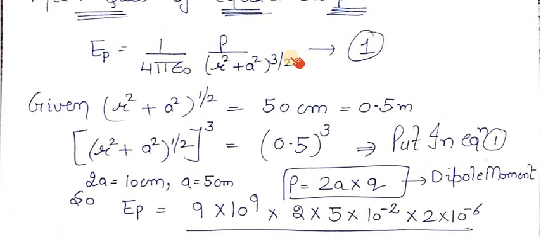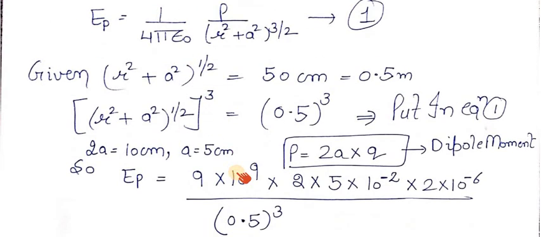Now apply the formula, that is the formula for the equatorial point. 1 by 4 pi epsilon naught is what? That is 9 into 10 to the power 9. So I will put down the value 9 into 10 to the power 9, the value of 1 by 4 pi epsilon naught, right? Now come to this p. This p is the dipole moment, right? What is the formula of dipole moment? That is 2a into q, 2a as it is, and what is the value of a? The value of a is given to you because 2a is given to you. From that you will find a.